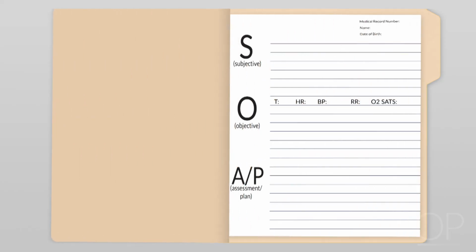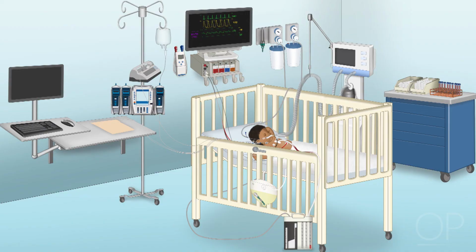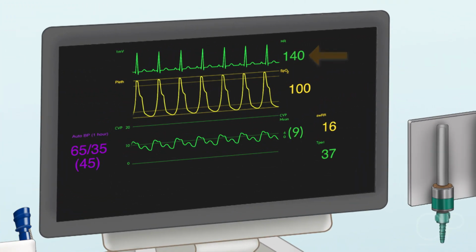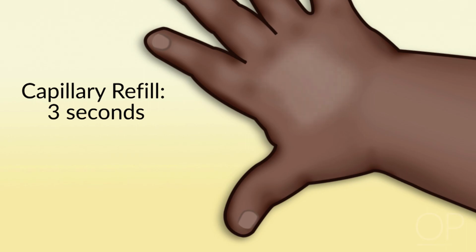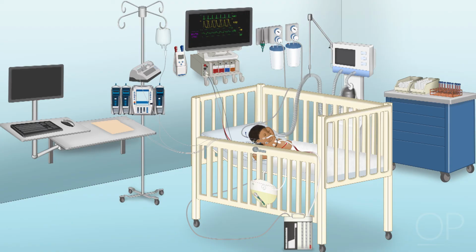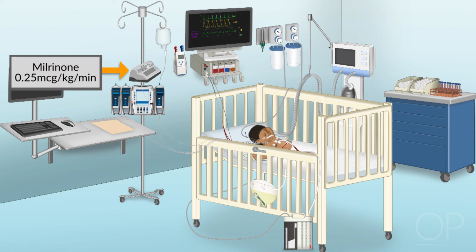Case study number 2. A 4-month-old girl arrived to the ICU after a tetralogy of Fallot repair. She just arrived from the operating room. Below are the following statistics. From a cardiovascular standpoint, her heart rate is 140, her blood pressure is 65/35, her central venous pressure is 9. The patient is cool, the capillary refill time is 3 seconds. The patient has minimal bleeding. She's on an epinephrine drip of 0.025 micrograms per kilogram per minute and a milrinone drip at 0.25 micrograms per